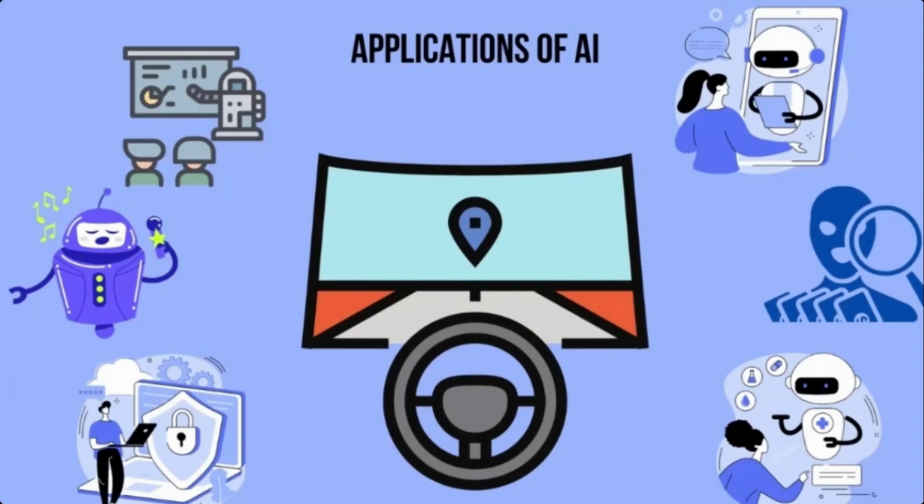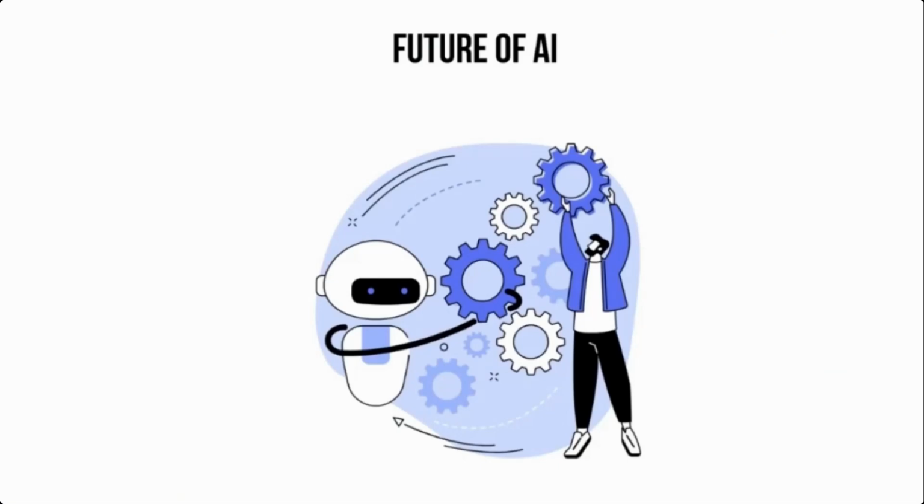Now, let's talk about the future of AI. When we think about the future of AI, it's really quite fascinating. We're on the verge of a time when self driving cars could be the norm. Imagine having robots at home helping us with tasks from making coffee to more complicated stuff. We're also looking at the rise of smart cities where AI runs everything from our phones to household appliances. Plus, robots are stepping up to do high risk jobs like bomb defusal, for example. As AI continues to develop, it is likely to have an even greater impact on our world. So, based on all of that, some possible applications of AI in the future may include